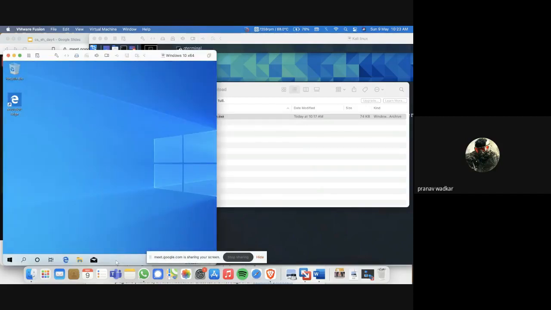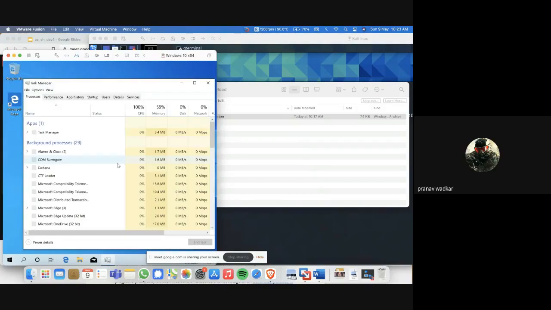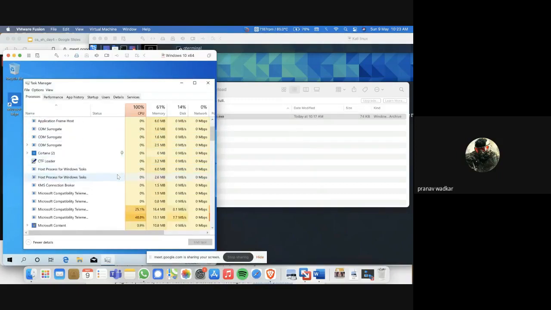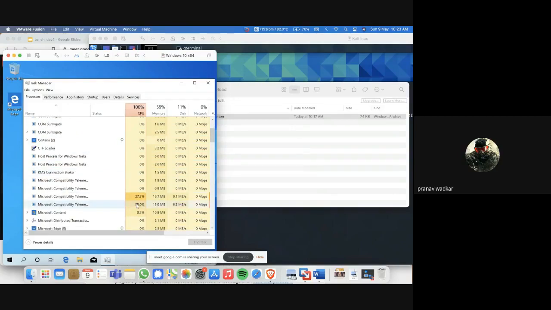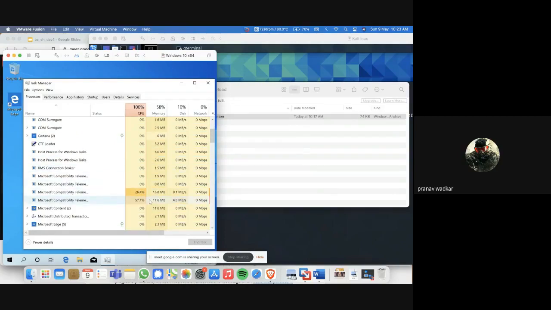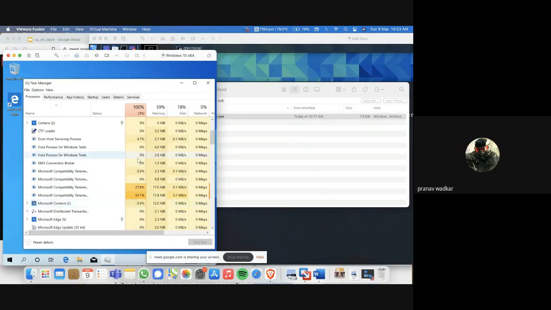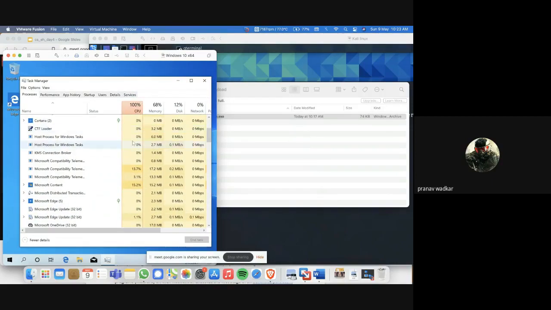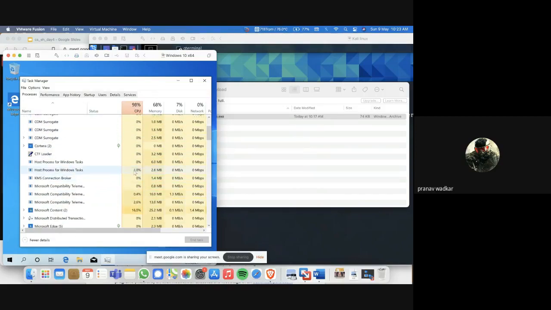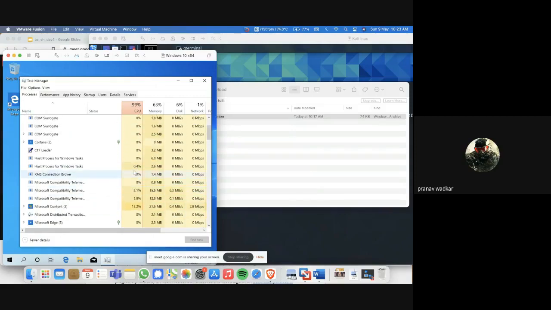Yeah, so it requires some time, because as I have reverted to the earlier version of Windows, it will take some time. It was a fresh installation which I have reverted to, and it's installing the basic compatibility software and drivers, right? So it will take some time. Let's wait for this CPU usage to be at 50%, because it is at 100%. So we can conclude that the installations are at full swing now. So let's wait for 2-3 minutes.